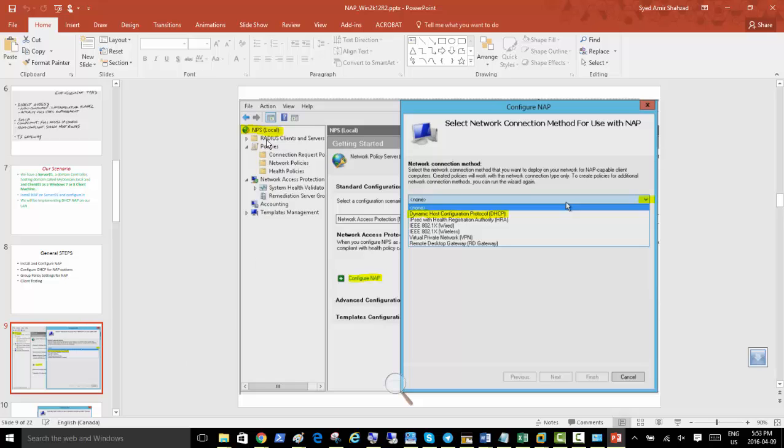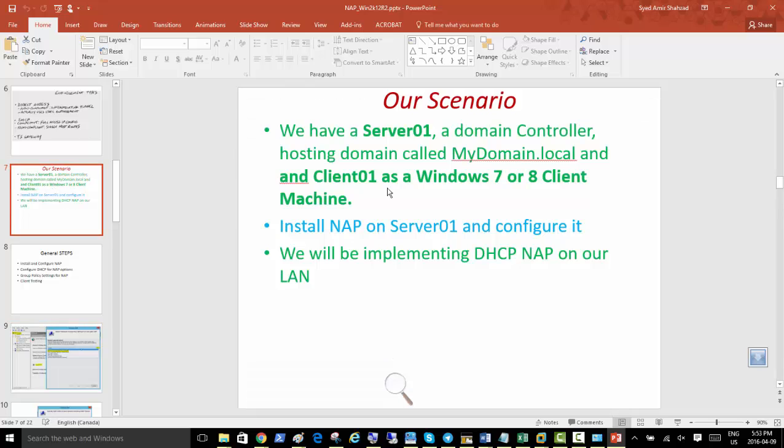Did we install NPS or not? So let's just try to check that out. What is our plan? Our plan is that we're going to install NAP there. We're going to configure DHCP to enable the NAP feature because it's disabled by default. Third thing, we're going to go for group policies, and fourth thing, we're going to do the client testing, right? So first thing, let's just go there and install